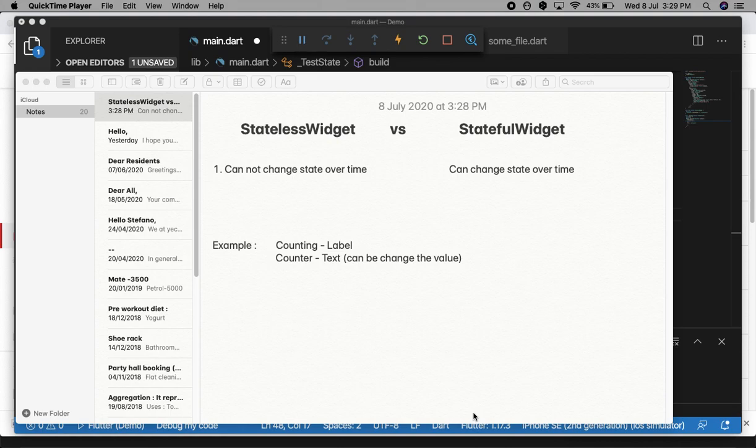Then we will discuss the stateless widget and stateful widgets, and we'll discuss how to create a custom widget. Before starting the discussion, first we have to understand what a stateless widget is and what a stateful widget is. A stateless widget cannot change state over time.